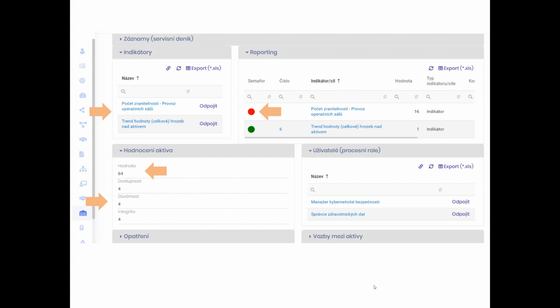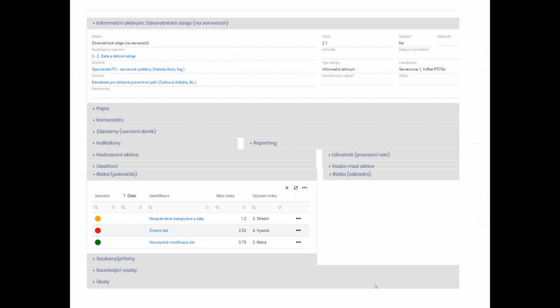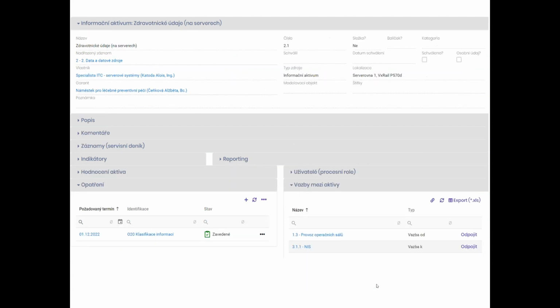After conducting a risk analysis and assessment, the Asset tab will automatically display all the risks that threaten the asset, including visual highlighting of the significance of the risk. In addition, in the Assets tab, it is possible to define the mutual relationships between assets. Here, for example, the dependence between secondary and primary assets can be defined. For each asset, all the measures that protect it from possible risks are also listed.